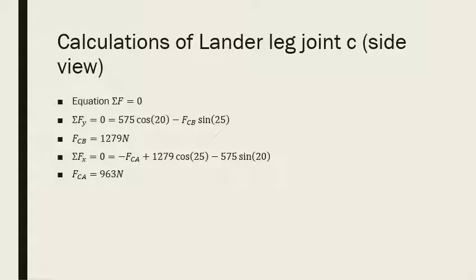The calculations of the lander leg at joint C, the side view. Here, I used the equations of equilibrium, where the summation of F is equal to 0. For the summation of the forces in the Y, I used summation of Fy is equal to 0, which is equal to 575 newtons cosine of 20 minus the force in CB times the sine of 25 degrees. The force in CB came out to